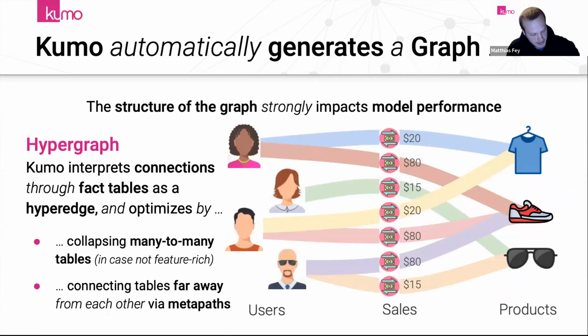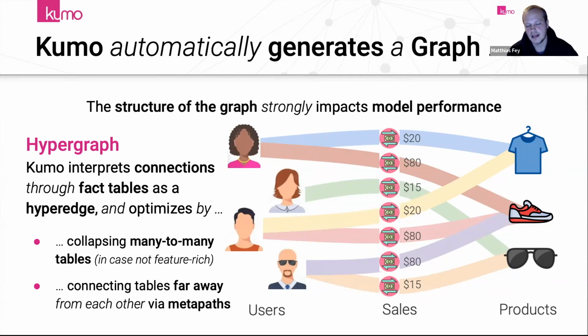Next, I want to highlight what is then happening under the hood. So we now have our graph meta or meta graph definition. We have our predictive query definition. So we have basically everything to start training. And so the first step that Kumo does is that it materializes the graph. So it automatically generates a graph from the given schema, from the given data sources, and from the given predictive